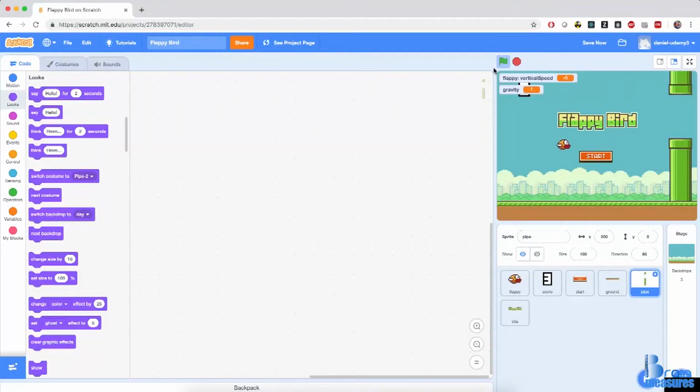Alright, welcome back. In this video, we will program the pipes, the obstacles that Flappy has to avoid in order to score points. So here's how this is going to go. Because Flappy always stays on the same vertical line, clones of this pipe sprite will start appearing from the right edge of the stage, and they will slowly move towards Flappy until they disappear at the left edge of the